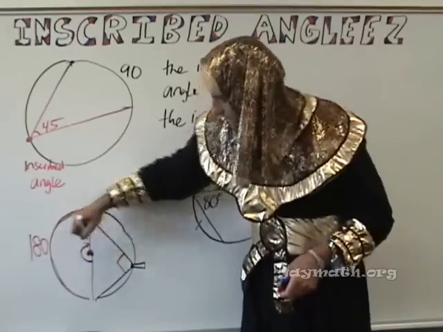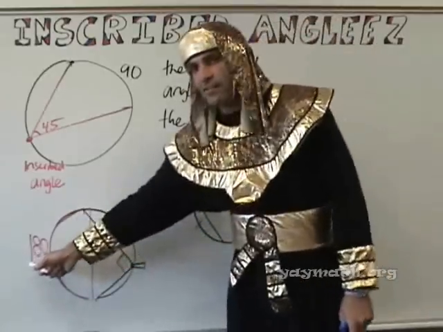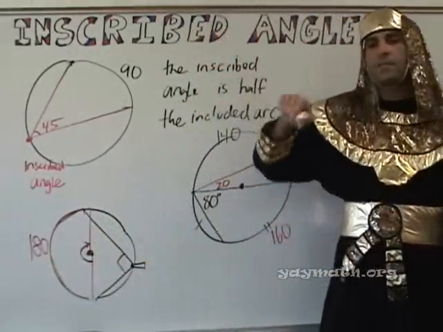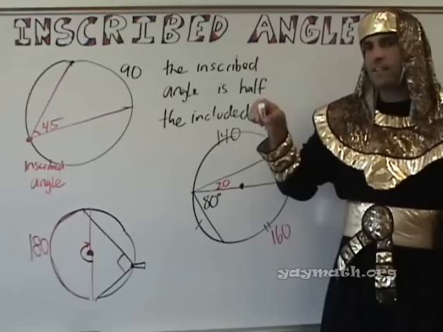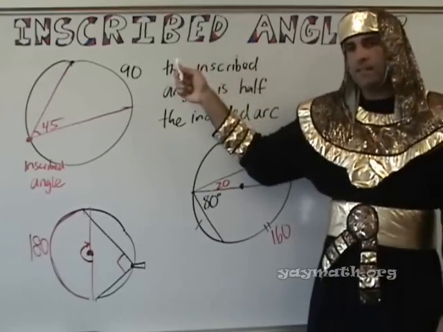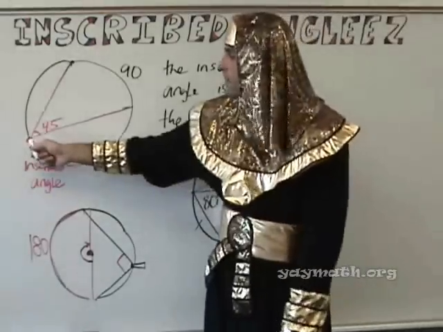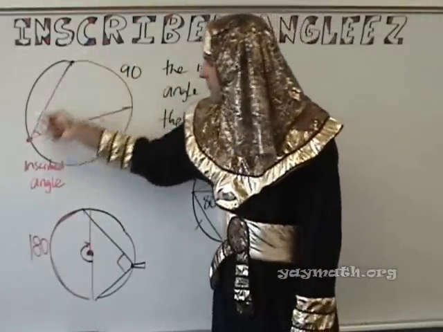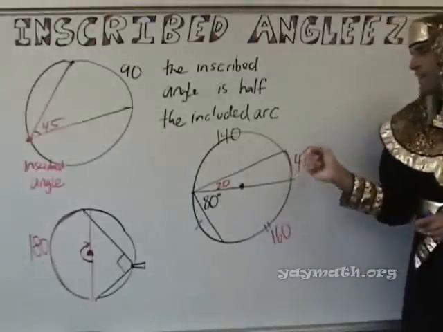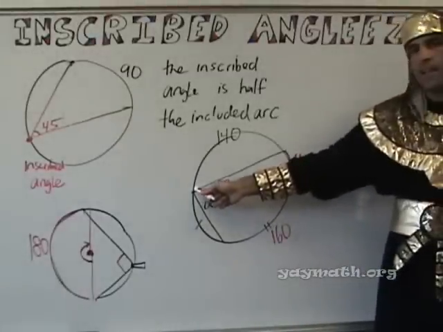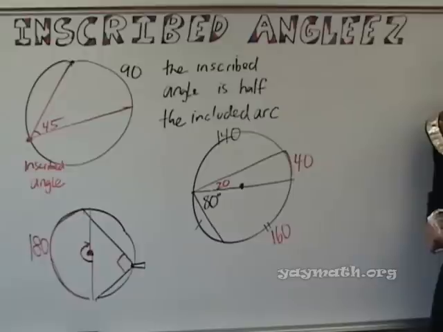Central angles, that angle, is the same as the arc outside. Remember the first one we did with the 90? Central angle 90, enclosed arc 90. Inscribed angle, half of the arc. Okay? So an inscribed angle is any angle that starts at the edge. Okay. All right,